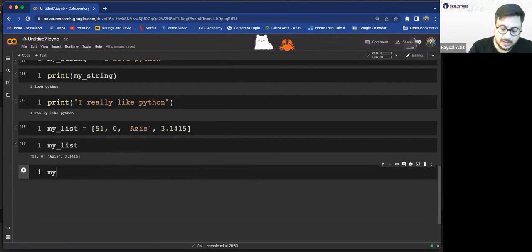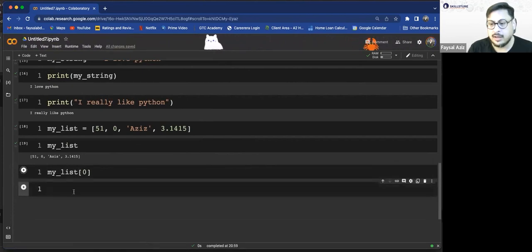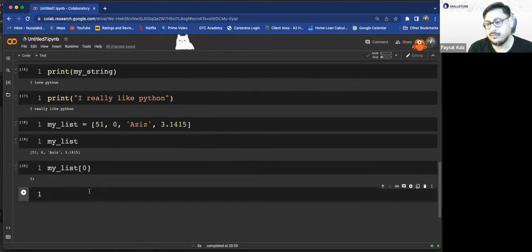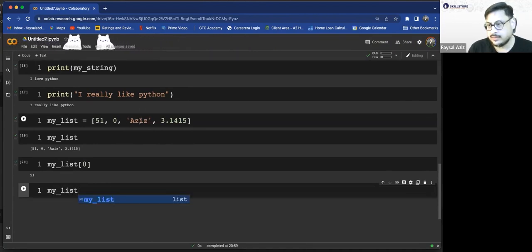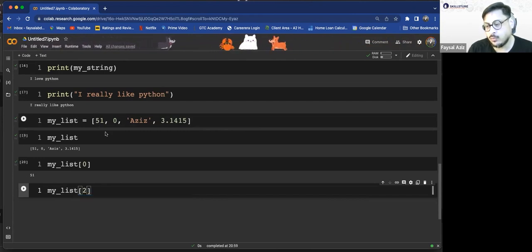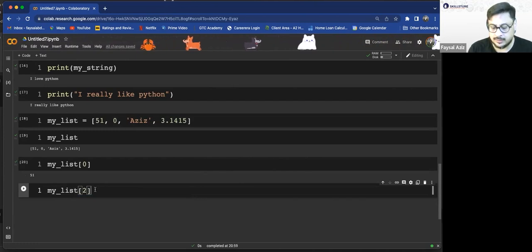If I were to write my underscore list 0, it would return the first item in the list, 51. If I want my name, this is the third element. Since it starts from 0, you have to write 2, because 0 will give you the first, 1 will give you the second, and 2 will give you the third.